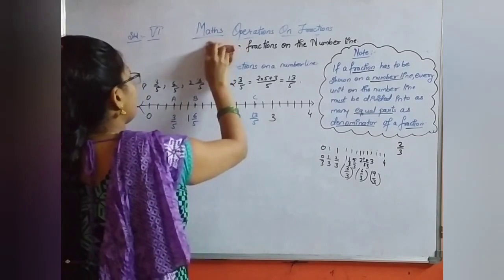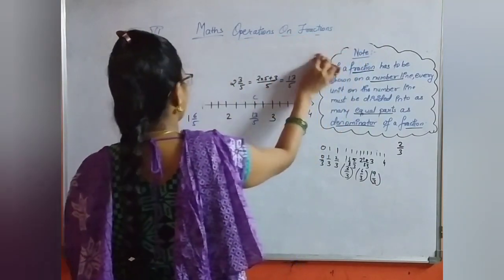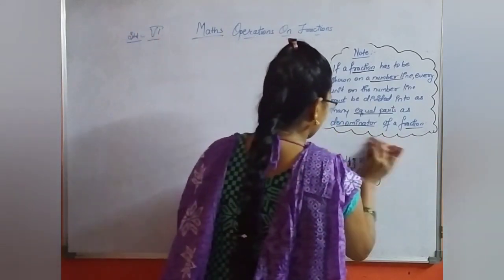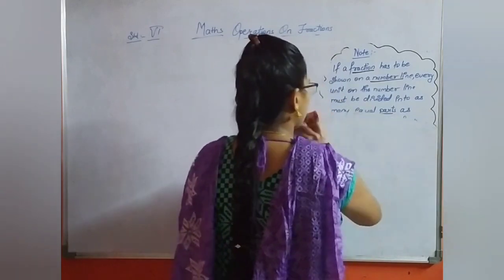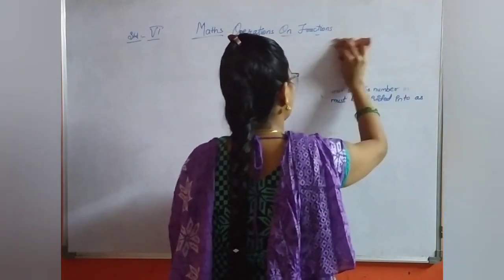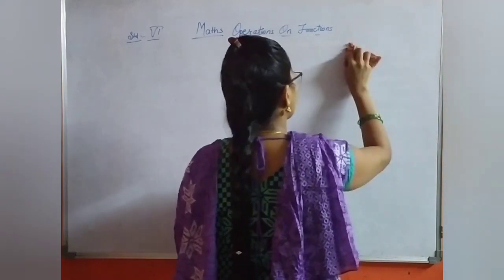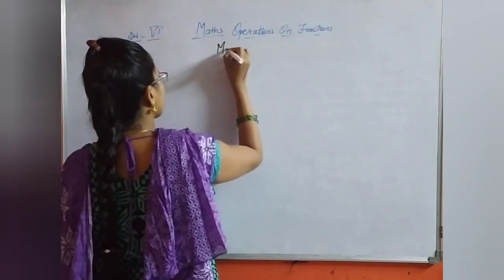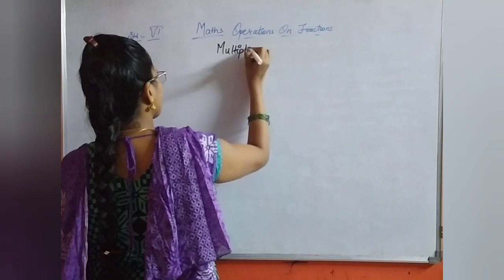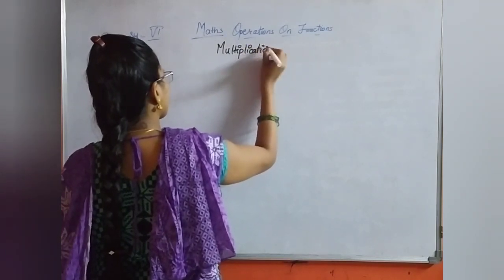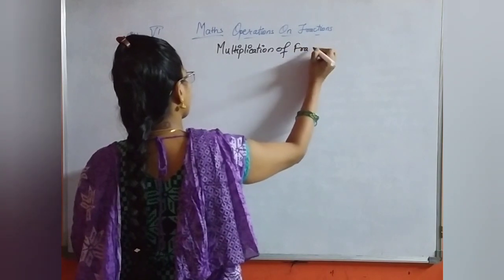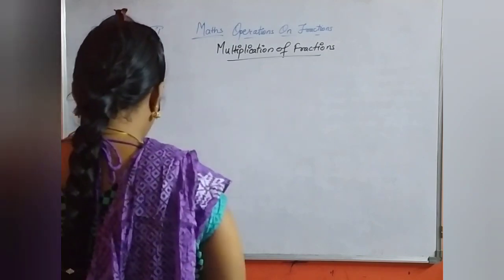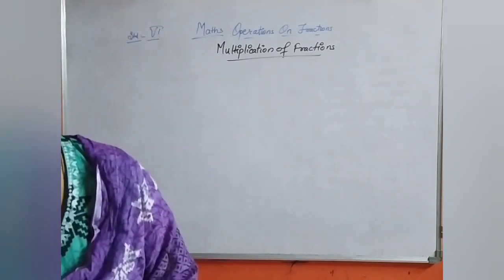So now next we have multiplication of fractions. It is too easy. The same one you have done with numbers also. The same concept but just with fractions. Same thing, you have to multiply. We'll do it so that you can understand how to multiply the fractions. So for multiplying fractions, I would take some examples for you.